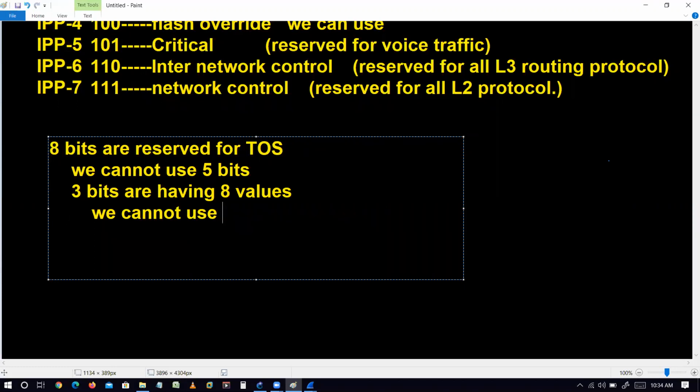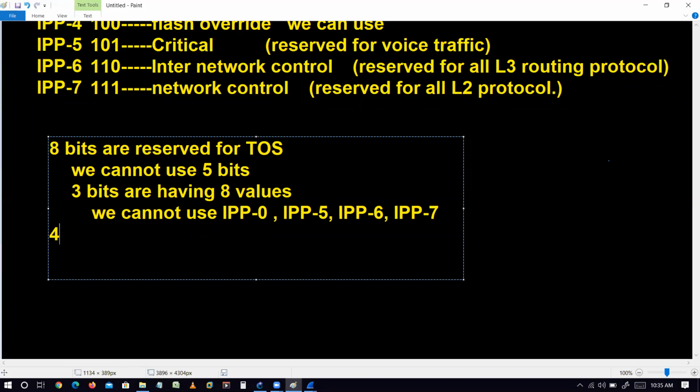we cannot use IPP 0 because that is 0000, right? We cannot use IPP 5, that is for the voice traffic. We cannot use IPP 6, that is for the layer 3 routing protocols. And the last one is IPP 7, that is for the L2 protocol, right? So it means from those 8 values, how many can we use?